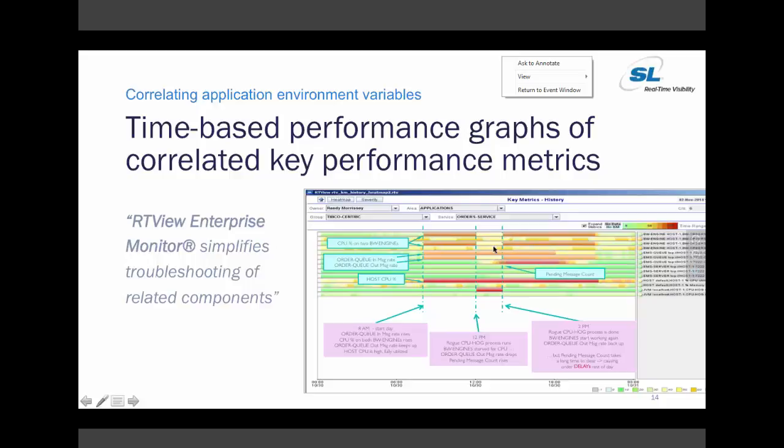Your order queue outbound message rates drop because BW is not processing them fast enough, and your pending message rate starts to grow. You see it go from green to yellow to orange to red, right? Now, right about the time, and it takes a little while for these messages to build up, that's when you get your alert, but of course that's pretty close to the same time that the rogue CPU hog process is